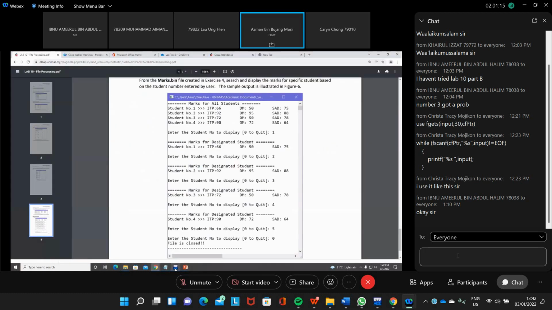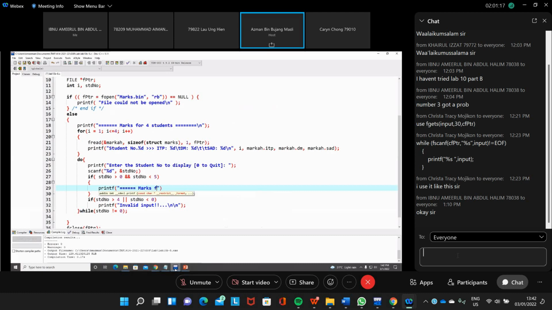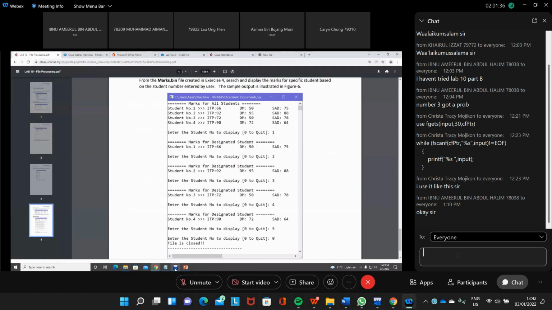Marks for student, new line. Okay, and then we just print it.